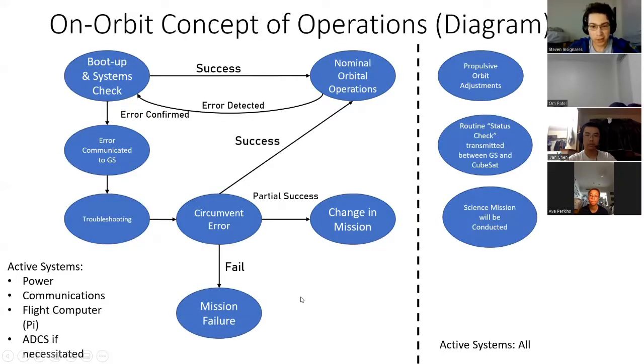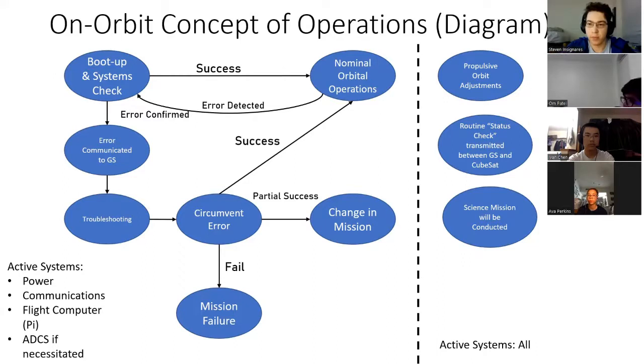So this here is our concept of operations diagram. Since most of the CubeSat's operations happen in orbit, we figured we should focus our diagram on what happens while the satellite is in orbit. Firstly, once the satellite has separated from the launcher, its systems will boot up in a safe mode, and the computer will go through each system and perform a self-check. If the computer doesn't find any errors, we can proceed to nominal orbital operations. But if an error is detected and confirmed by the computer,